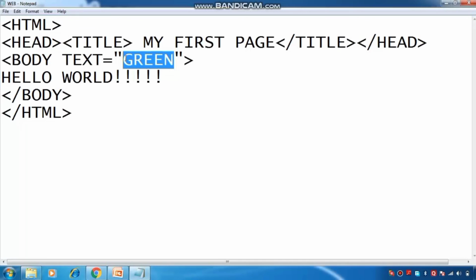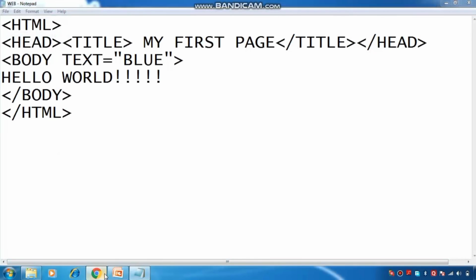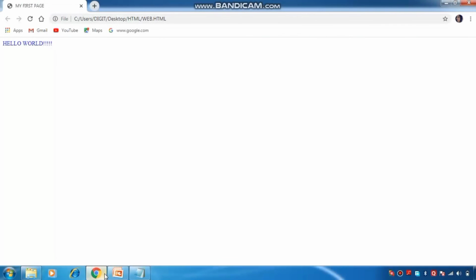Suppose I want to assign it as blue. Just by saving this, I open my web page again and press the refresh button. Here you can see your text color has changed to blue.